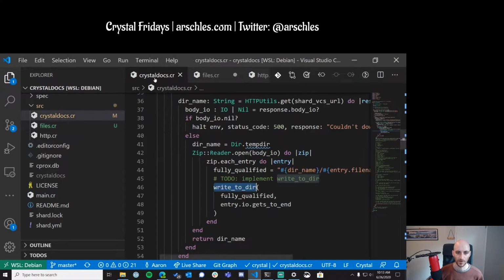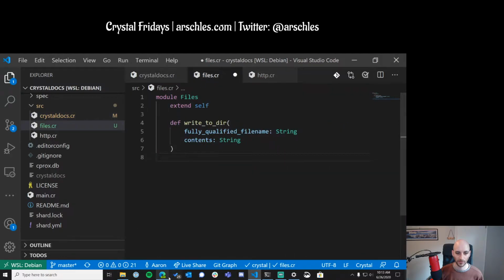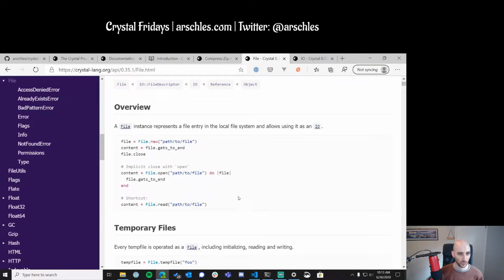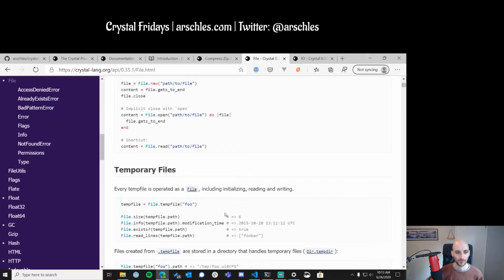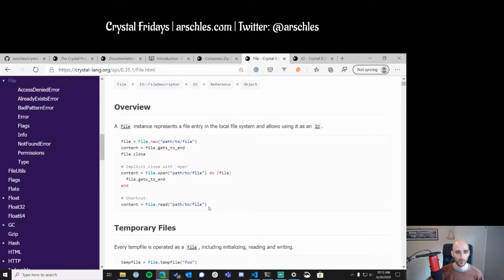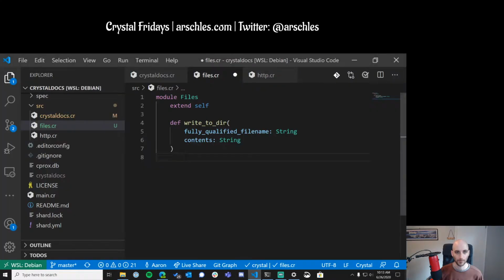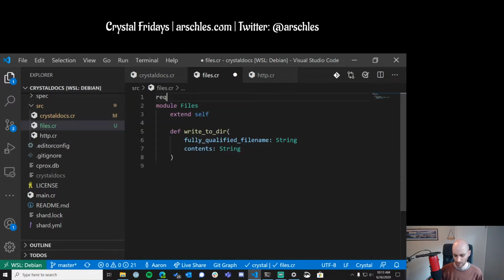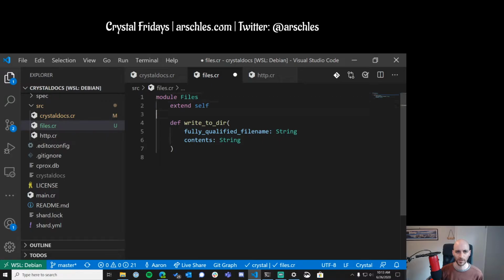Okay, so now we have to figure out how we are going to open the file and write to it. We're going to have to write the bytes. So we're going to do File.open. I don't think we need to require it because it's a standard library. I always forget, but I don't think so. So we're going to do File.open, fully qualified